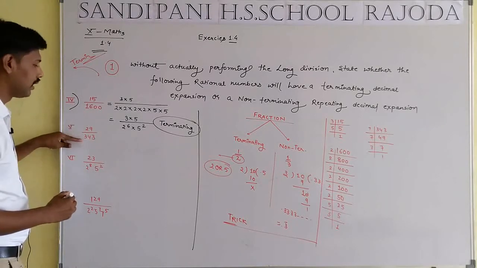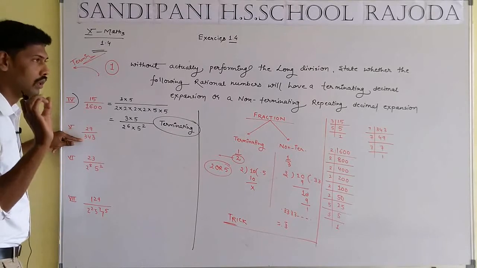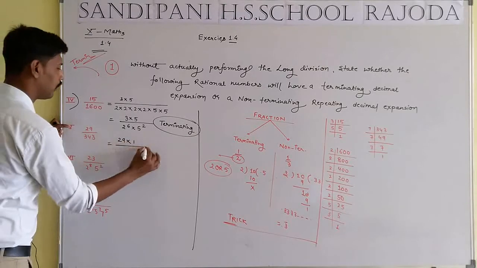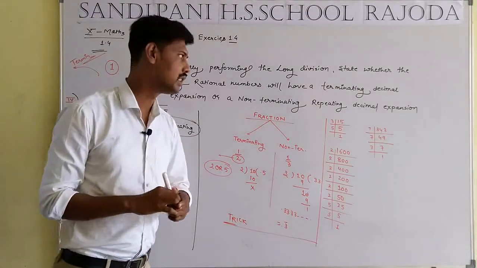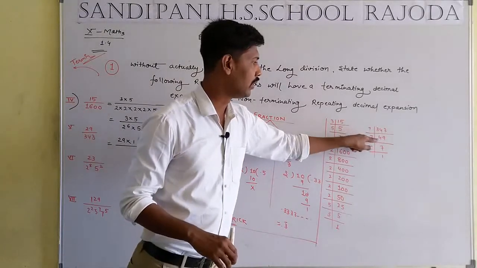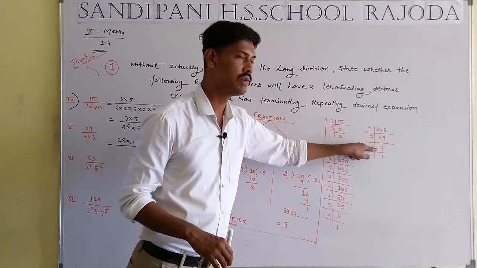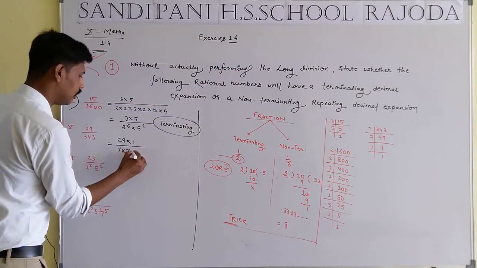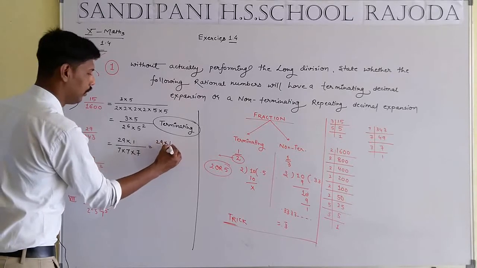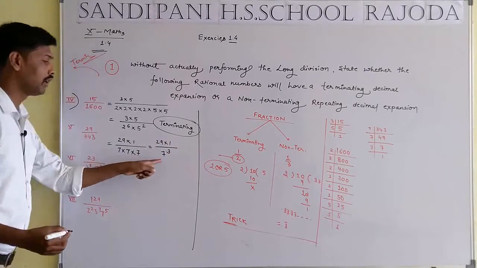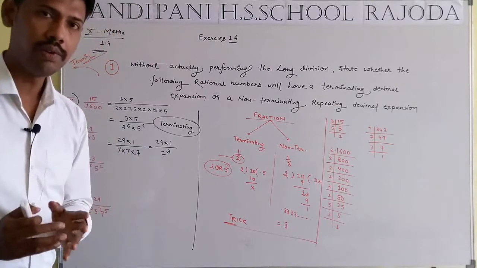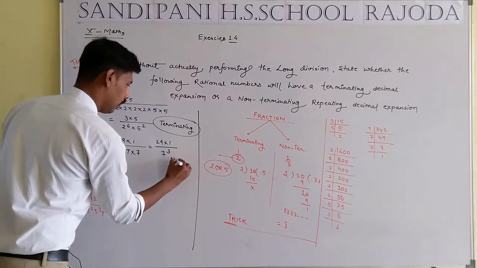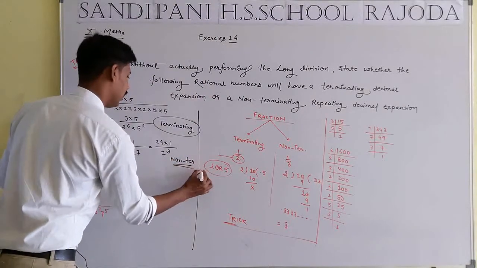Second question, 29 and 343. What is the meaning of 29? 29 is a prime number, so 29 will be equal to 29 into 1, but in 343, that means the cube of 7. 343 divided by 7 will be equal to 49. 49 divided by 7, again 7 7s are 49, 7 1s are 7. It may be written in the form 7 into 7 into 7, 29 into 1 whole by 7 cubed. In the case of the denominator, 7 is a number other than 2 and 5, so it is known as non-terminating.